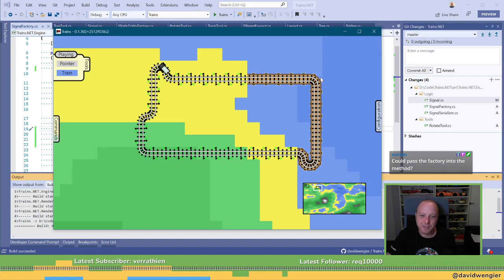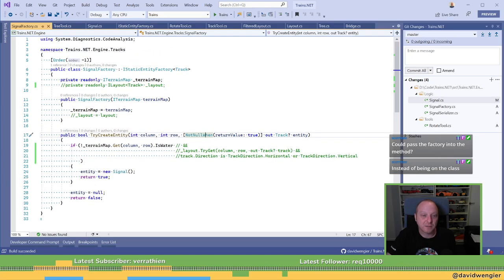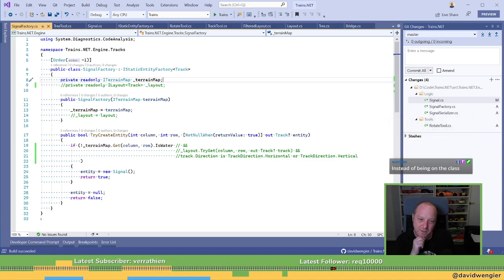Pass the factory into the method. Oh, okay. That's true. Yes, I could pass the factory into the add method. Yeah, that's probably the easiest way to start. I really also want a distinction between dragging and clicking though. So yeah, actually, maybe I'd do that. And a second...